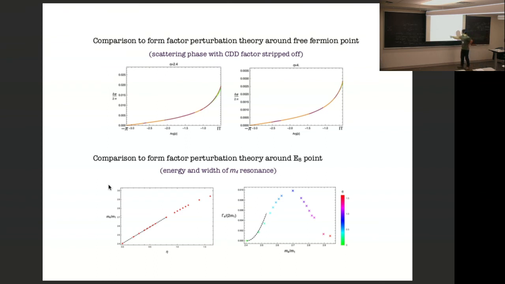So that's these dotted lines here. Our actual data from this numerical calculation are these colored crosses. And you see that it can qualitatively even agree at the level of the width of the resonance. So that's a kind of demonstration that at least we're on the right track here.